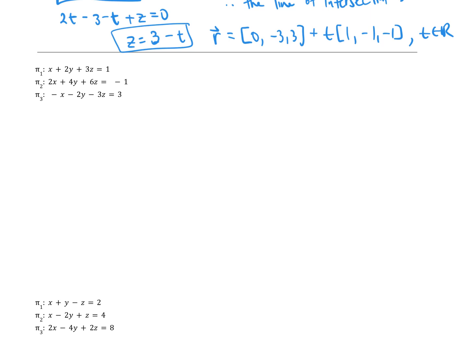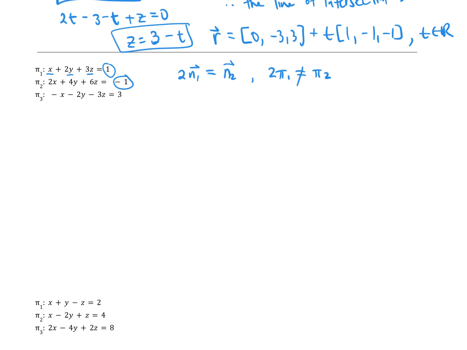Next one. So when I look at this next system, I notice there is a connection between those coefficients of x, y, z, but not so much with the constants. For example, if I take x, 2y, and 3z and multiply them by 2, so pretty much if I multiply the normal by 2, I will get the second normal. But if I try to do the same thing with the constants, I don't. So 2 times the first plane will not give me the second plane,